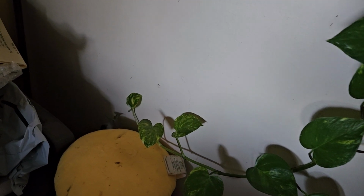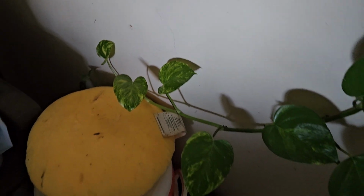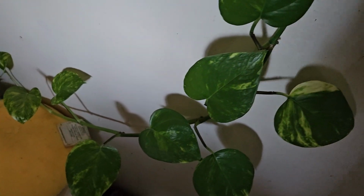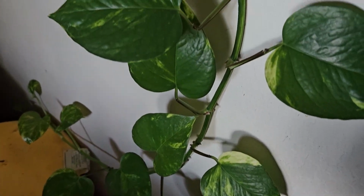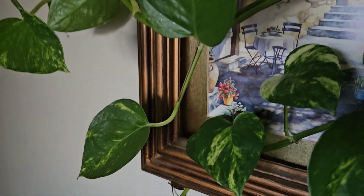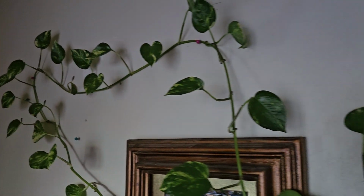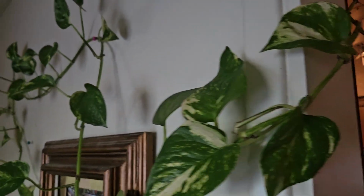And I think at this point, I either need to tack it up on the wall or I need to cut the branches off and just let it go again. Because what I'm thinking is that the leaves and the branches, hang on, the leaves and the branches